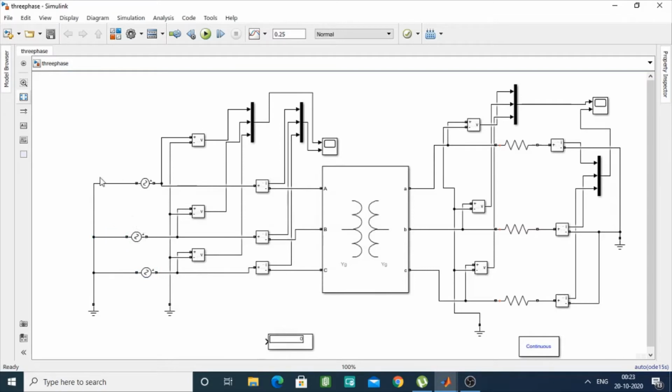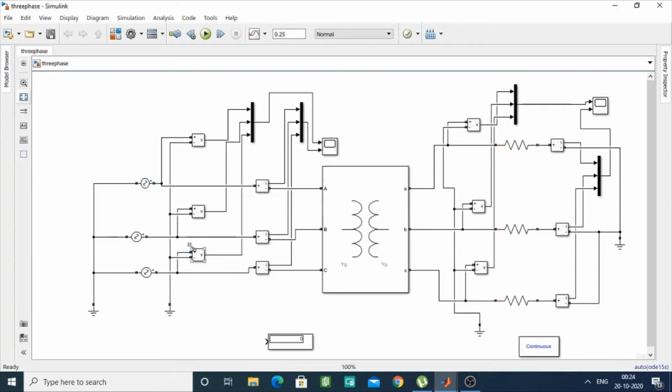This port is connected to the ground for the three AC voltage sources, and the other port is connected to the current measurement. There are three current measurements that are used, one for each of the AC voltage sources, and connected to it directly. Then we have three voltage measurements also, the positive port of which is connected to the AC voltage source, and the negative is connected to the ground for the three of the voltage measurements.